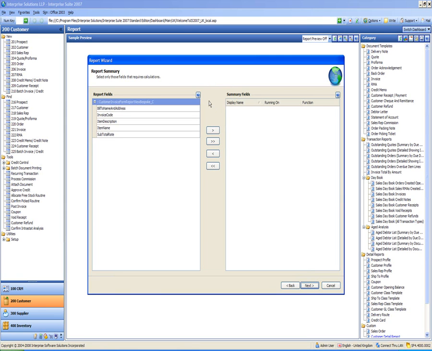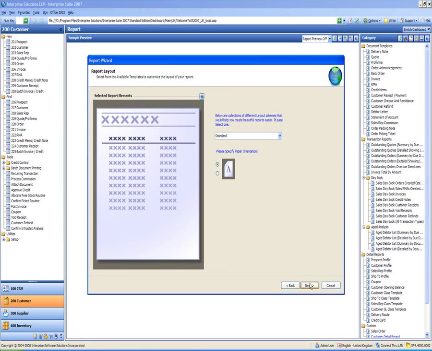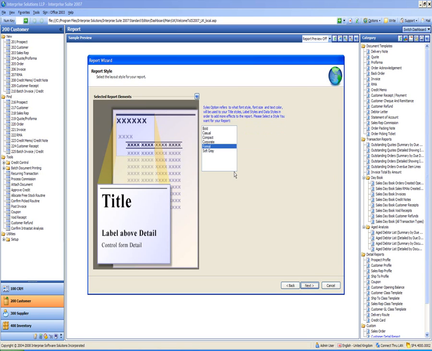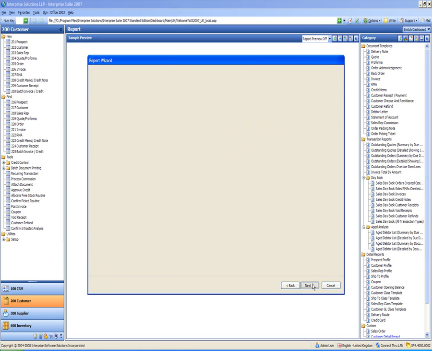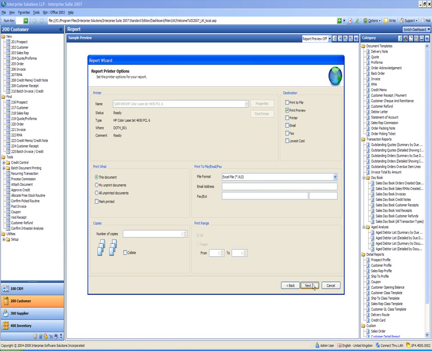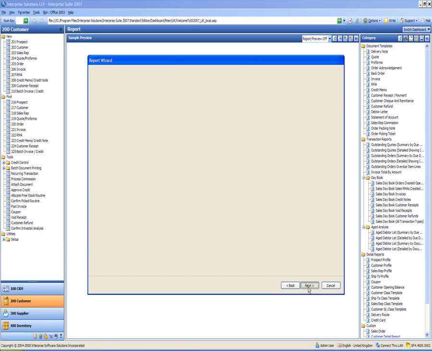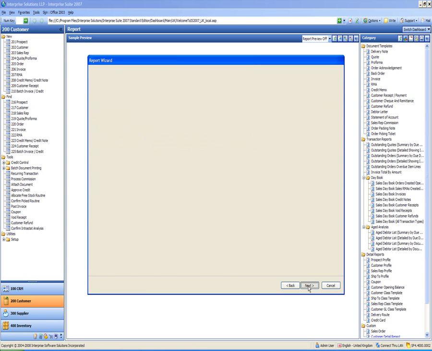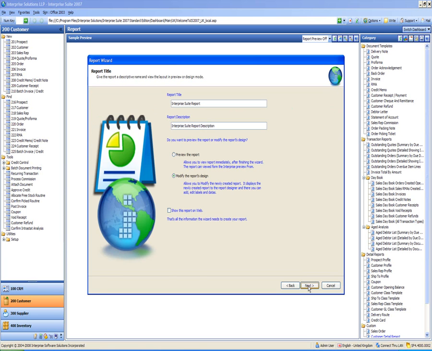And now we can add any summary fields, which is going to be sort of sums and things like that. I'm not actually going to put anything on there, so I'm going to click next on that, and then I'm going to select the type of report. So we're going to have a form report, and we're going to have it informal, and this is where I can now select my default printing options. Just going to click next on that. I can obviously select my default email options and fax options. So if I email and fax the reports, they'll want a certain bit of text to print